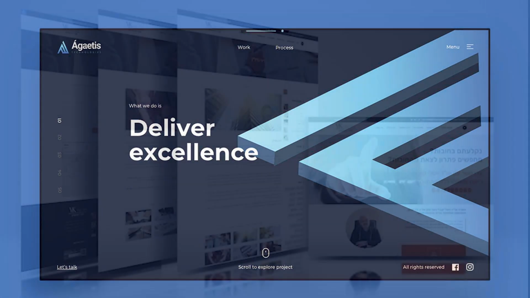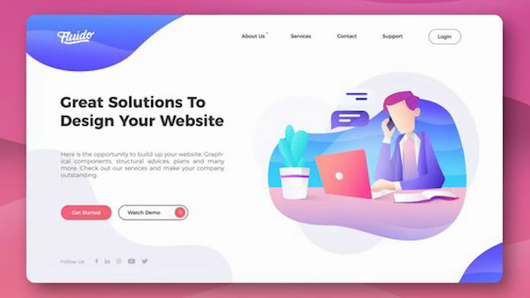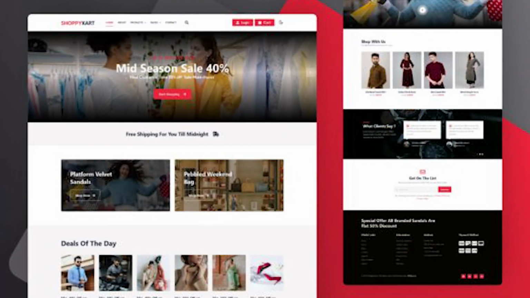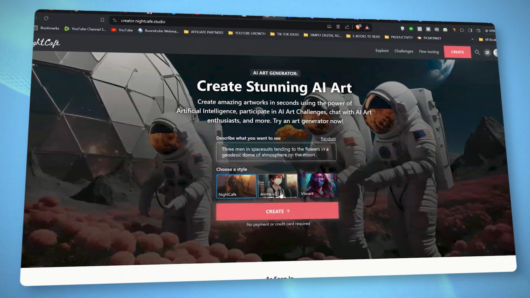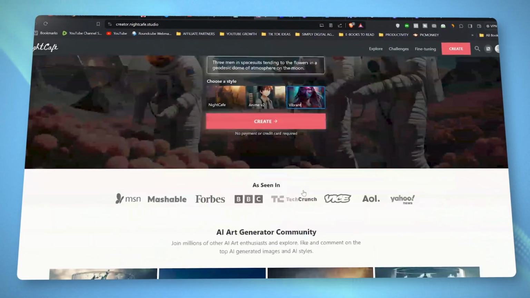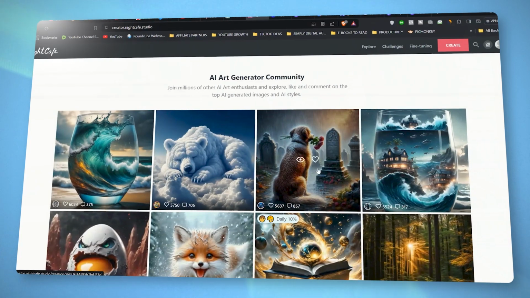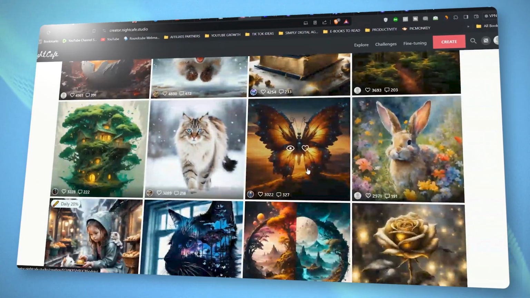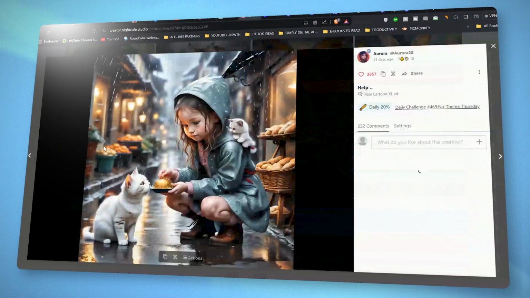You can imagine how many times I'm spending hours with my team to find the right style for new websites that we generate, for the header, for the midsection, for the inside pages. So why not generate something with Night Cafe that will be aesthetically aligned and completely unique without being one of those boring copyright-free images that we see again and again?